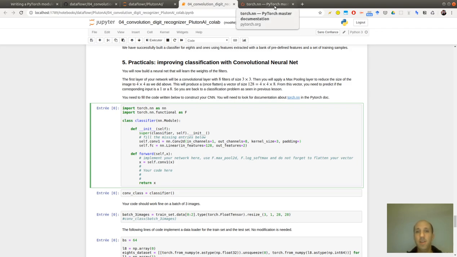Namely, this means that padding is saying how many pixels you will add at the border of your image, so that when the kernel is not exactly on the image, you are still able to compute the output.